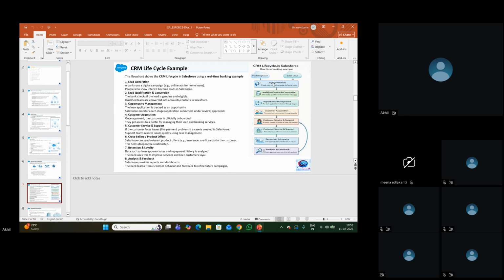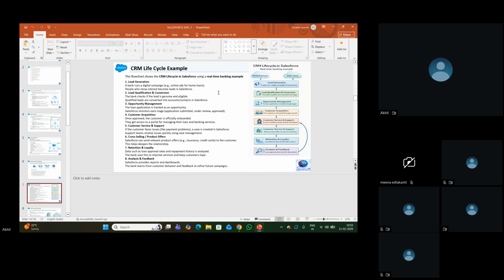This is about marketing, lead qualification and conversion. In lead qualification, the bank checks if the lead is genuine and eligible. So let's suppose I, being Akhil, showed interest in the home loan, stated as 6.75% interest.